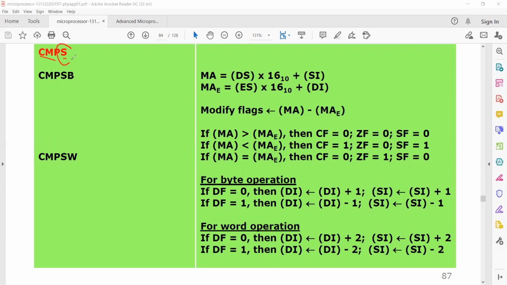That means we will have another data type called character data type. This comparison instruction can also be done in two different ways: one is string byte and another one is string word.